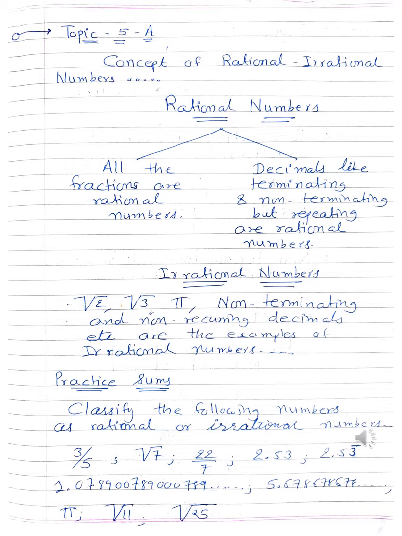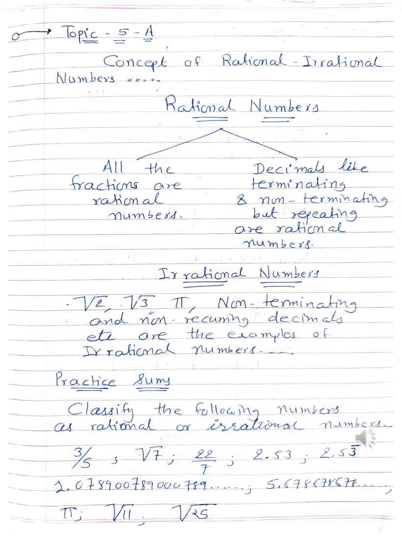Topic number 2, HCF and LCM of two numbers, and one relationship: you know that HCF into LCM is equal to the product of those two numbers. We have seen some practice sums related to these topics also. Topic number 3, we have learnt Euclid's division algorithm, the continuous process of Euclid's division lemma, known as Euclid's division algorithm, and it helps us to find the HCF of two numbers or maybe three numbers. We have seen some examples, and practice sums were also given.